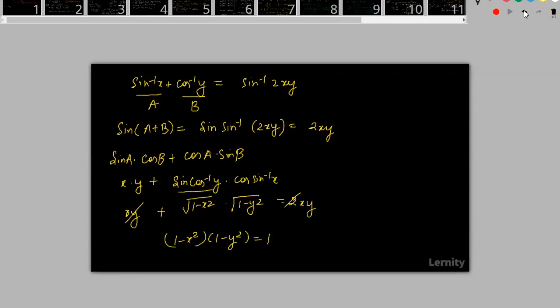Understood? In the book they have solved this question using the sine inverse property, sine inverse of A plus sine inverse of B. But there is no point in remembering all those properties. If you have done tan inverse of x plus tan inverse of y, then it is more than sufficient for you to remember. These plus and minus properties are most important. Remaining all you can solve using this one. So you don't have to remember all sine inverse and cos inverse properties.